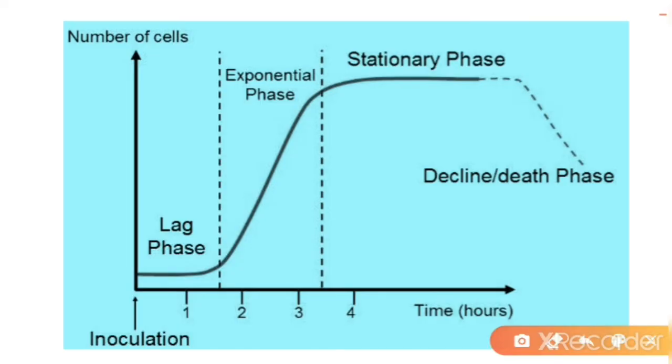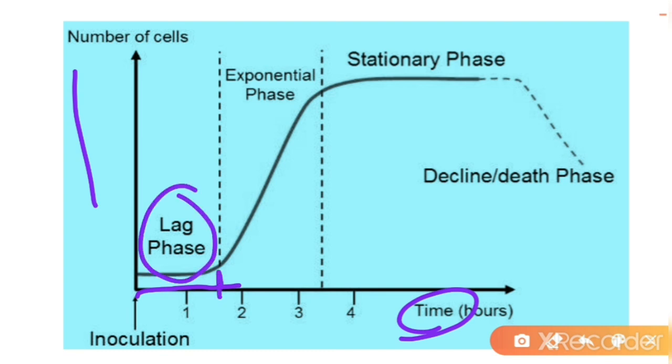Now see, we can easily observe this graph. This is time versus number of cells. Here from 0 to about 7 or 8, there is a lag phase, meaning there is no growth of microorganisms. Here microorganisms are trying to understand the environment of the media. That's why there is no growth. After this, there is a high increase in the growth of microorganisms. This phase is called the exponential phase, or the log phase. Here there is growth of microorganisms. Why? Because the microorganisms are metabolically active.